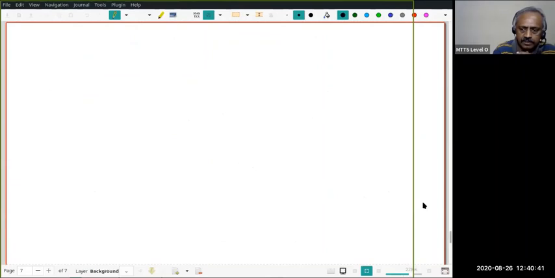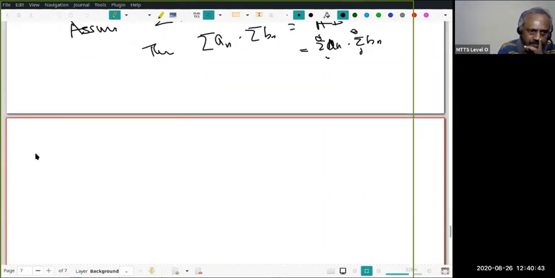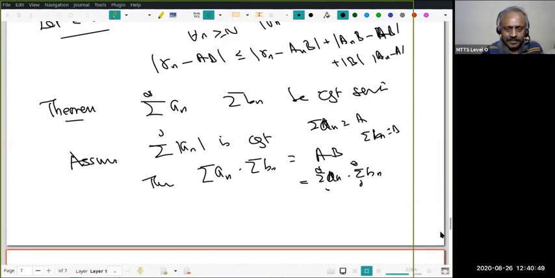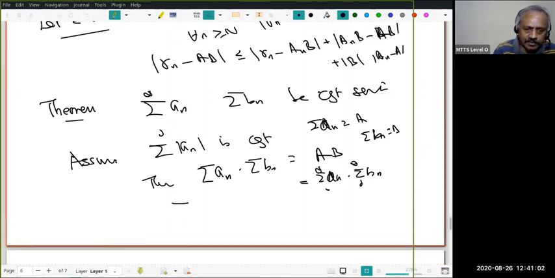Now I want a textbook proof. Okay. Now you see that even the statement of the theorem, did I write it in the very textbook way? No. I should say: let summation a_n and summation b_n be convergent series. Assume summation a_n is absolutely convergent, which is the same as saying summation mod a_n is convergent. Then the Cauchy product of the series, denoted by c_n, is going to be convergent and the sum is summation a_n into summation b_n. This is the textbook way of writing.